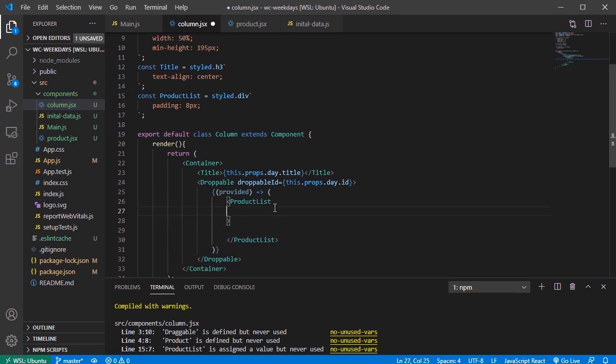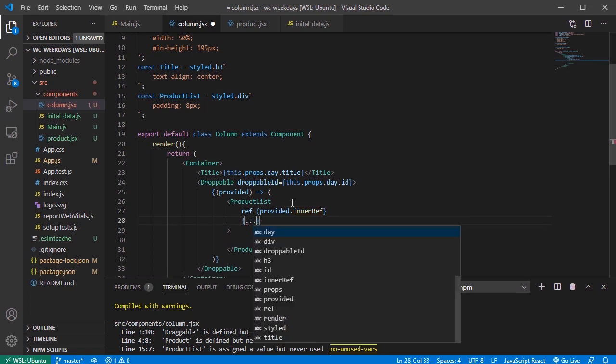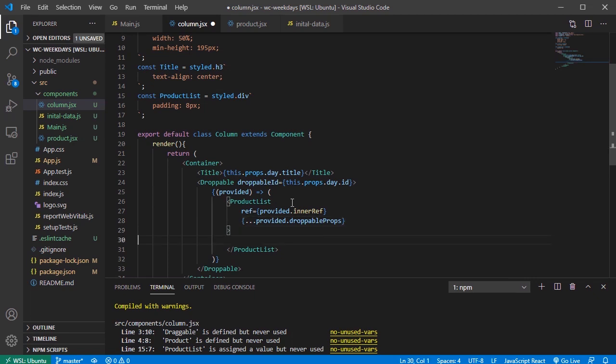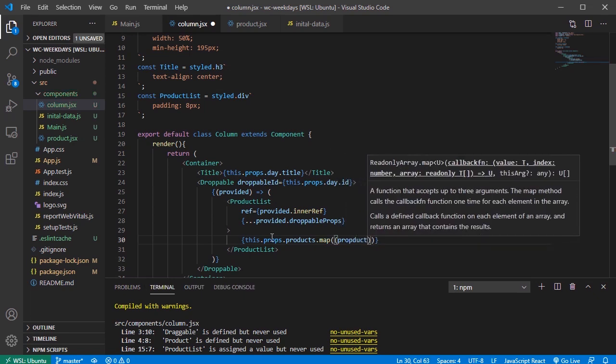And in this product list we will have the ref. So here we have ref provided.innerRef, like this, and then we have provided.droppableProps, like this. And now in this product list, this is the product list from here, we just have a padding 8 pixels. And then here we call our product component according to the product's props. So we have this.props.products.map,